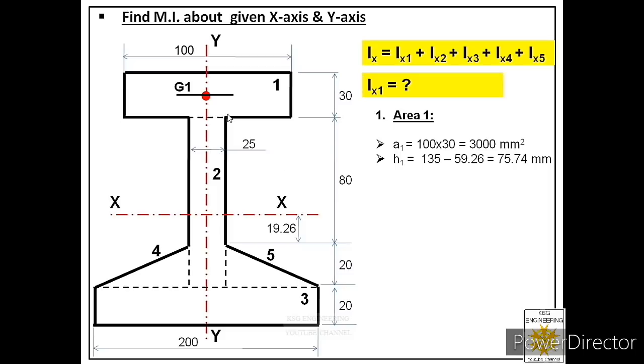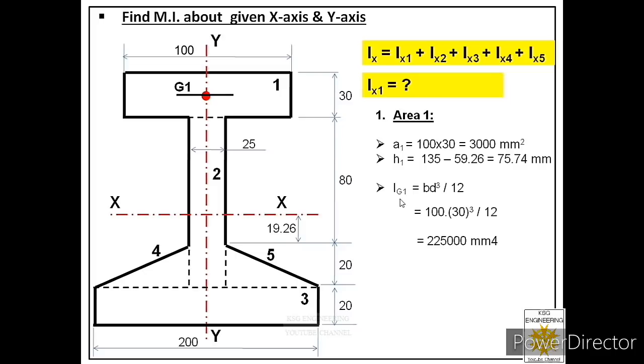Now we know after finding H1, the next step is we should find the area moment of inertia of area 1 about its own centroidal axis, that would be called Ig1. And we know it is a rectangular area, so the area moment of inertia about its centroidal axis will be given by the formula BD cube by 12. And we know B is that side of the rectangle which is parallel to the centroidal axis. So parallel to this centroidal axis, we have this side of the rectangle, that is 100. It means our formula will become 100 into 30 cube by 12. So from here we will get the value of Ig1.